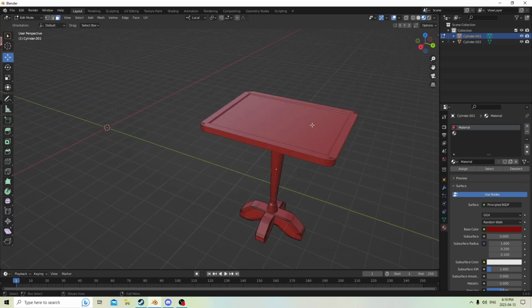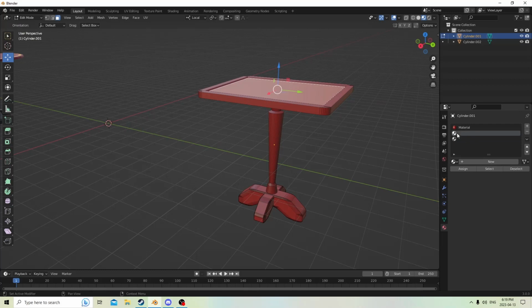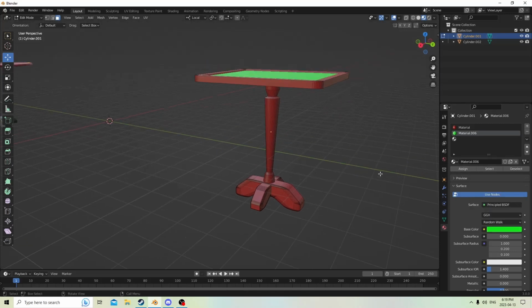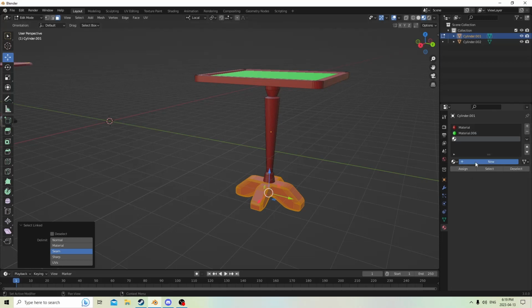Alright, so maybe we'll just do this. We'll make this a different color than everything else just to show you. Oh, we have two different colors actually. Example of how we would do this. So we'll just give it any color. It doesn't matter again. Click off everything, L L, and we'll do this color because we already made a slot,